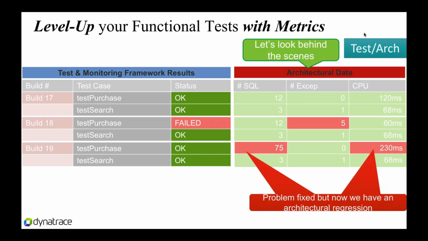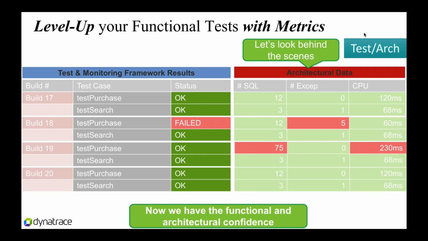Even though the performance may look good in a development environment, you surely know that with that many SQL statements in production it is going to take a long time. So having this insight behind the scenes with NeoLoad and Dynatrace together, you get full confidence that functional and performance testing is done well before you push the code